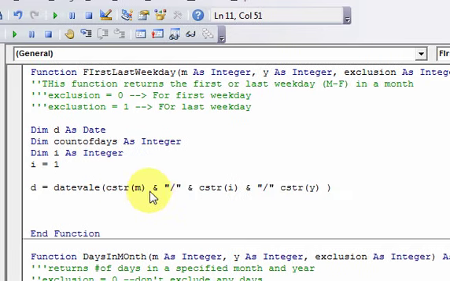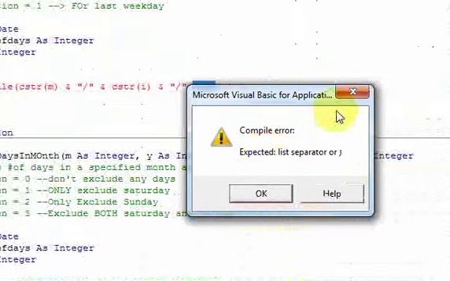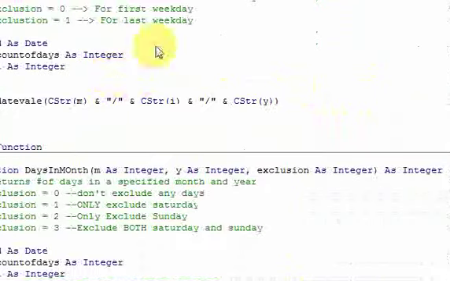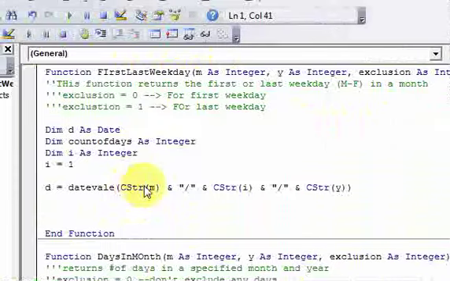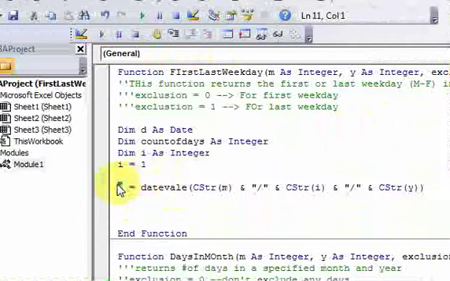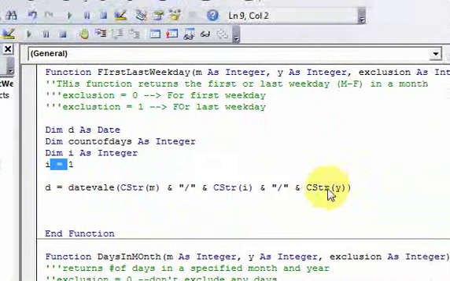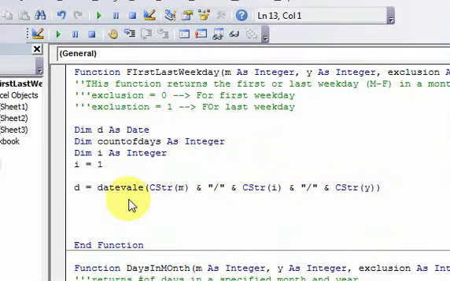So now we're going to get something that if they pass in a month and a year, like 1/2011, 1 for the month, 2011 for the year, well then this date value is going to have a value of 1, 1. Why is this 1 here? This is going to be 1 because we're setting I equal to 1 right here. So we get 1/1/2011 in a date format, with these /. So it'll look like a date. Okay, so once we have that,